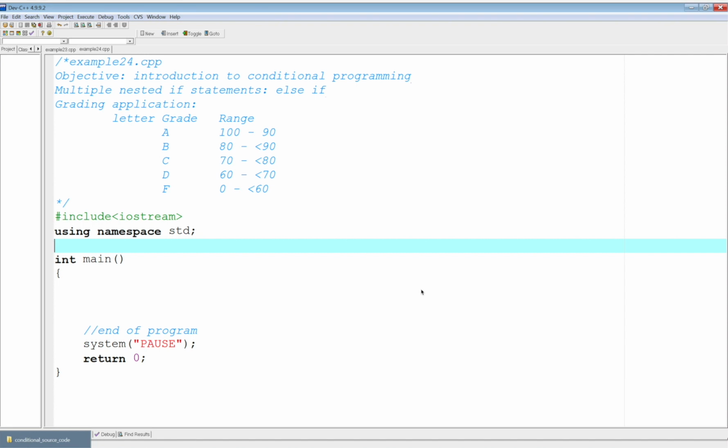All right, so for this example, we will investigate nested if statements, which are basically if statements within an if statement. It could be under the true block, it could be under the false block, and we're going to see in this example, I'm going to use a lot of if statements under the false block, okay? So let's say we have a grading application where we're going to ask the user to enter a numerical grade,